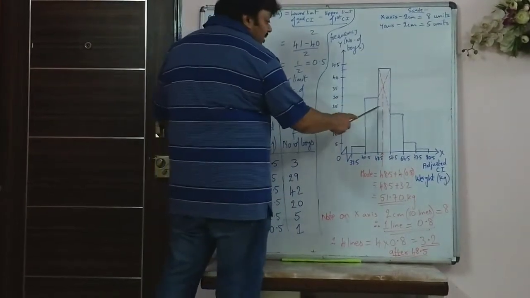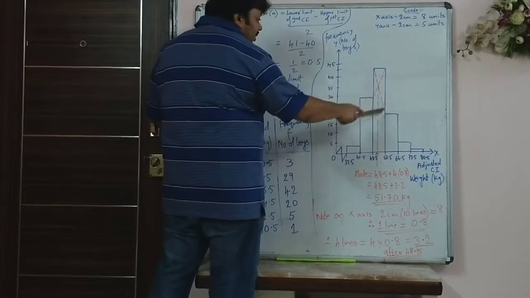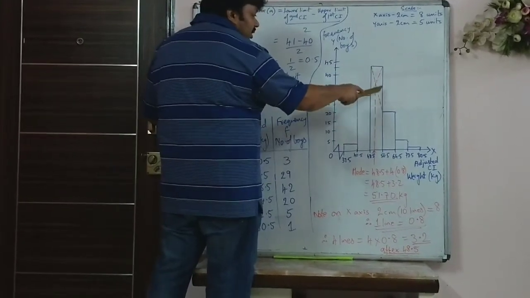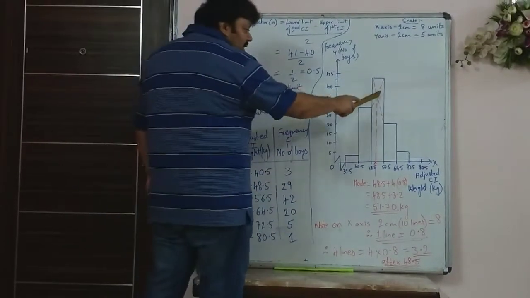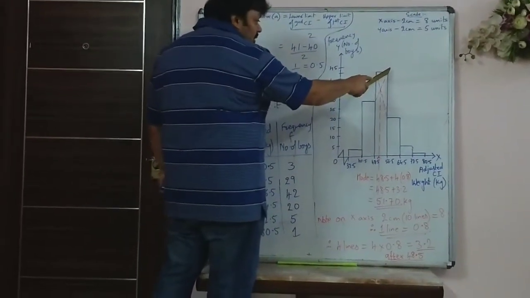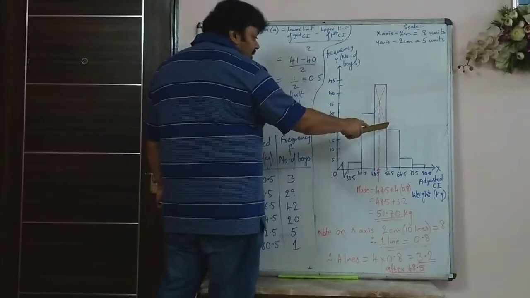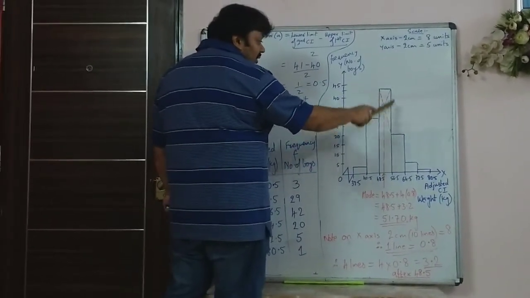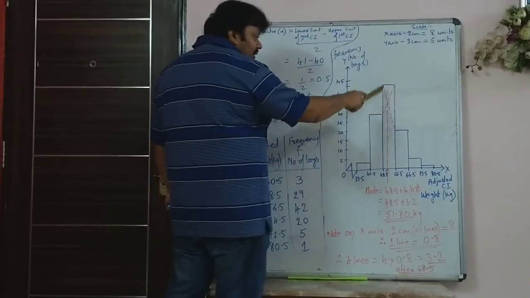If these two classes had the same frequency, then when you draw that line, that will come exactly at the center. So now here, this top right hand corner to this, top left hand corner to this. And see how it is marked? It has to be marked the same way. You can show dotted lines for this.